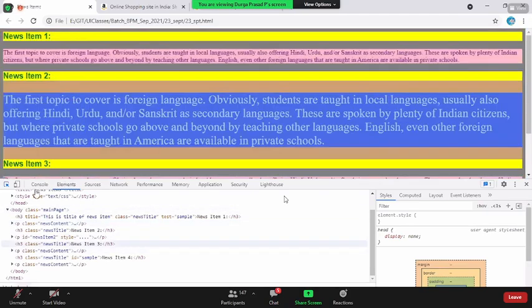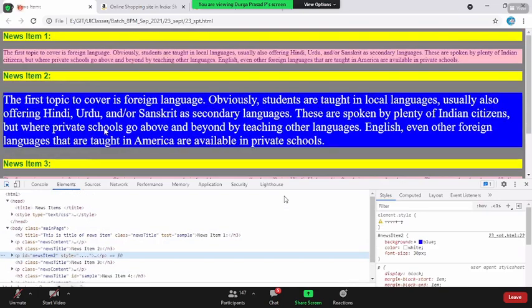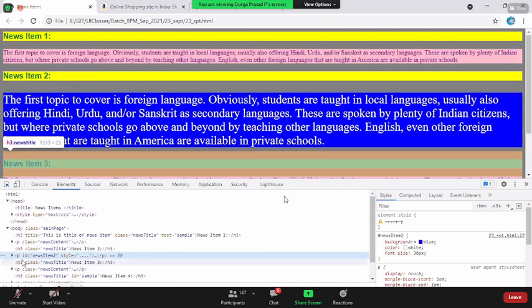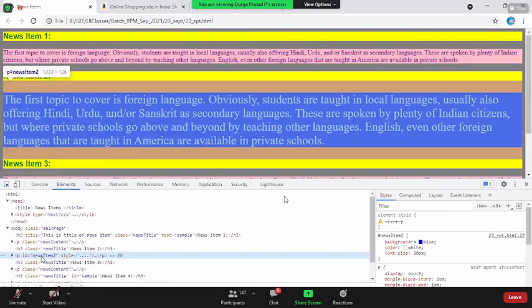Okay. Now, if you see here, I simply go here. When I click on this, see here, it is automatically highlighting that a paragraph which has an ID called news item 2 is responsible for the blue tag. Is it not simple? Doesn't matter if it is 1,000 elements or 2,000 elements, 3,000, 10,000 elements are there. Don't you think it is easy for you to identify which corresponding HTML is responsible for the particular look and feel? Yes, sir.